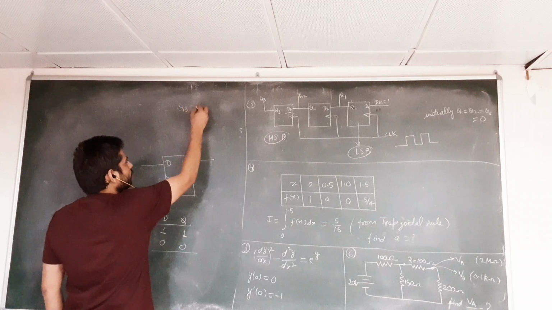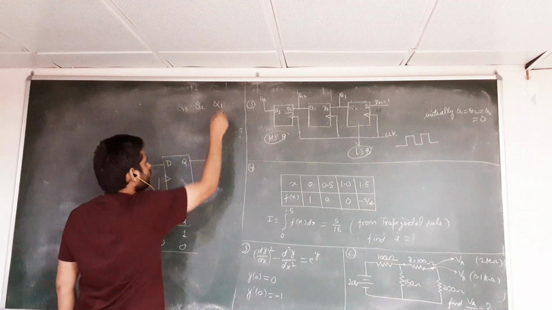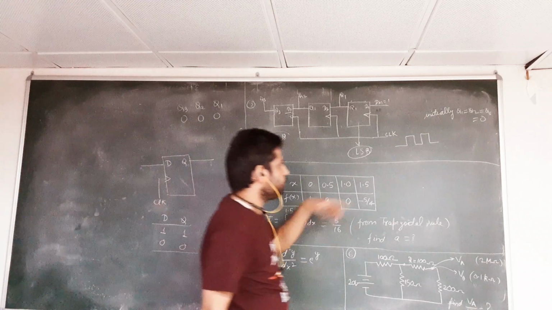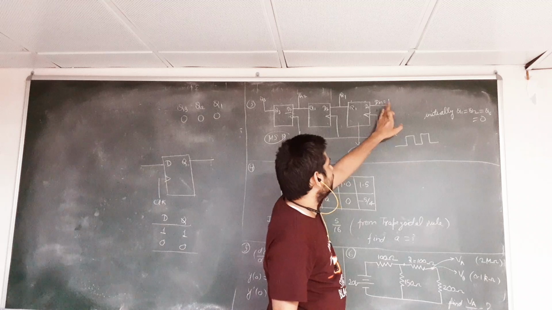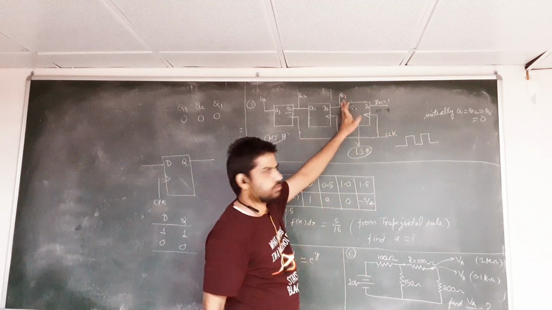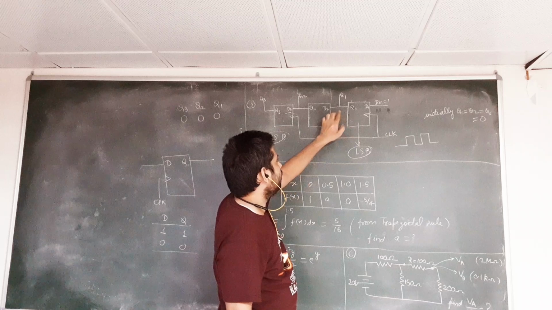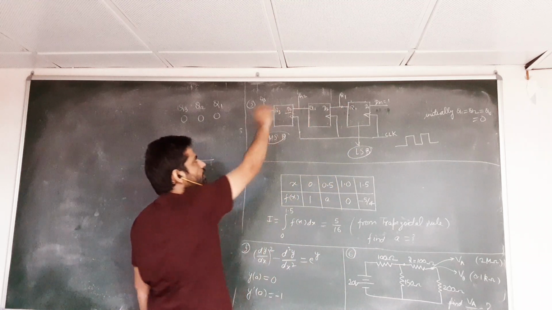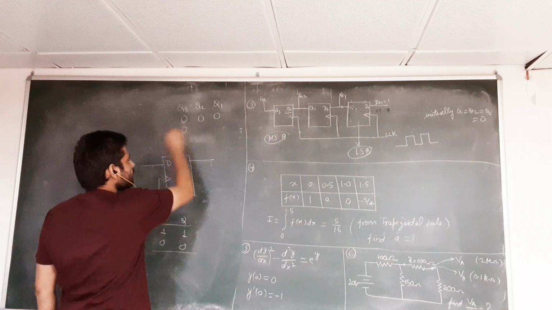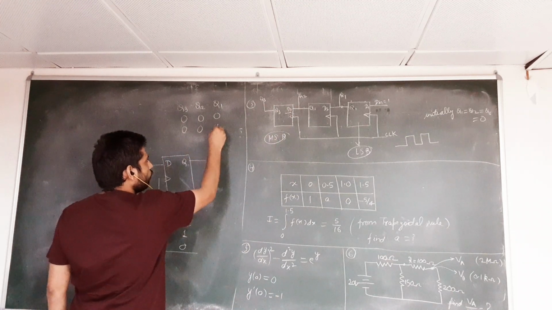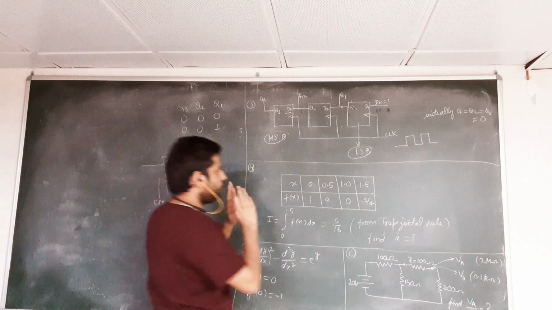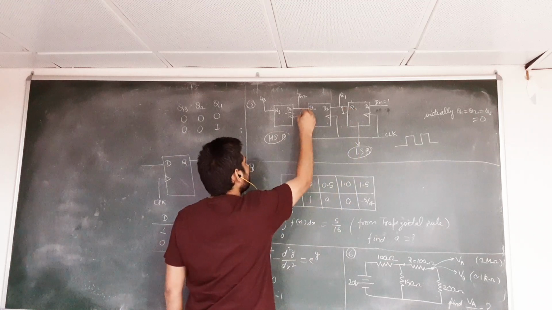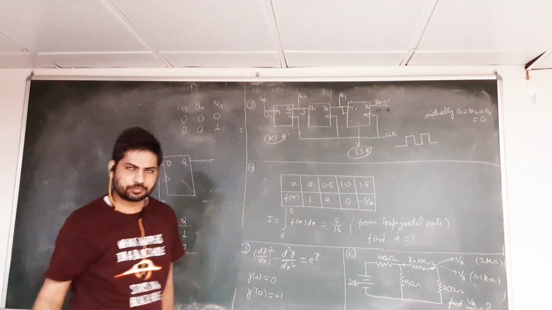So we can write Q3, here Q2 and Q1. Initially, all 3 are given as 0. Now, when the first clock comes, this D input will transfer here. So this Q1 will turn to 1. But here we already have 0, so 0 will transfer to here, and this 0 will transfer to here. So Q3 will be again 0, Q2 will also be 0, but Q1 will now be 1. So after 1 clock cycle, the outputs of these flip-flops are: here you have 1, here you have 0, here you again have 0.